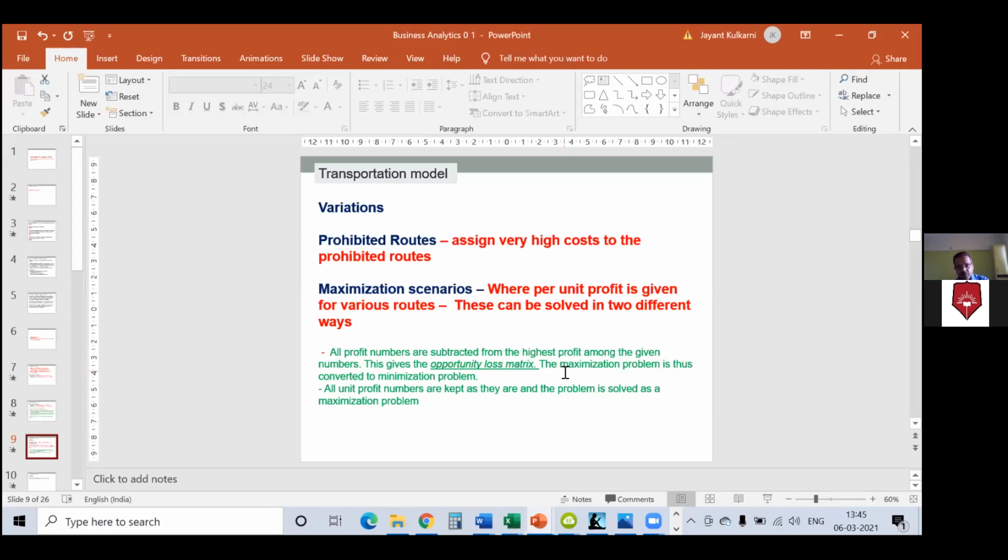What I'll also share with you is, there are 3 problems that we solved. I will share with you the problems and the solutions in the same Excel sheet for all these 3 problems. So you will have the problem statements for all the 3 problems, and also the solutions. I'll share that with you by end of the day today. Along with those and the recorded sessions, you will be able to catch up in case you are not able to keep pace with us today.